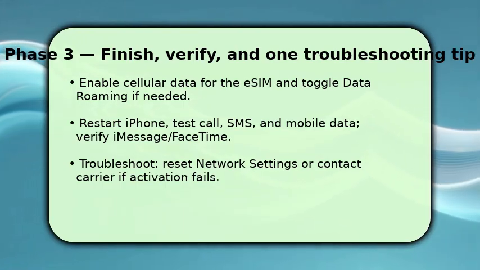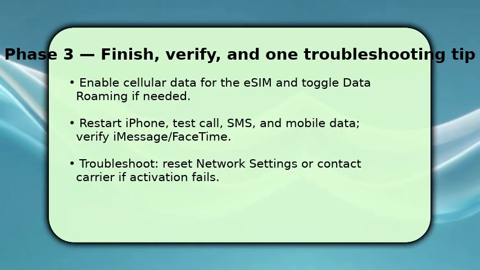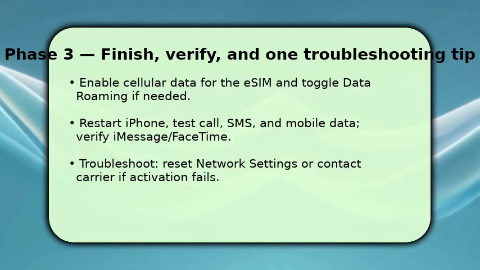If something goes wrong, try resetting network settings first, then contact your carrier with the QR or activation code. That single tip solves most activation issues quickly, because many problems are